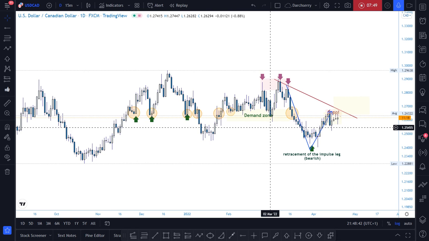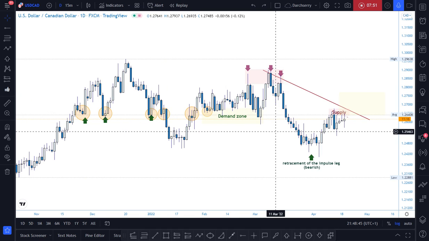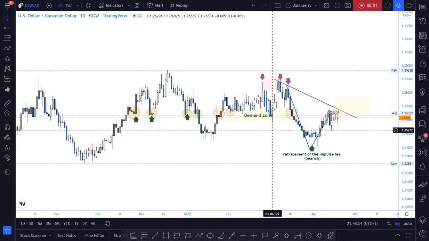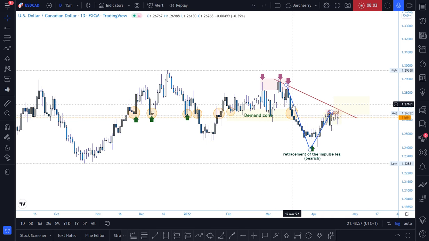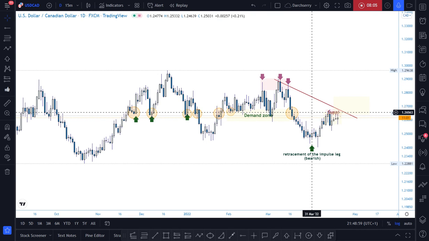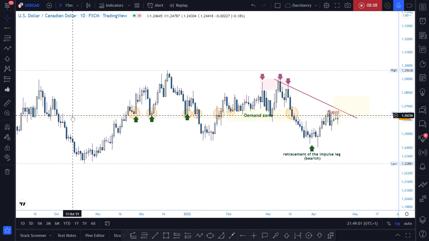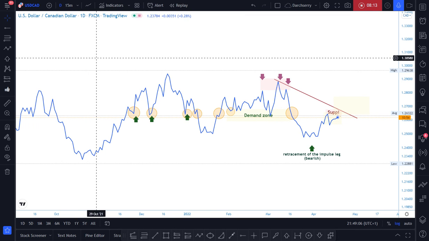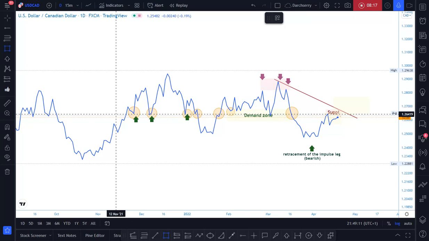Before we do that, I would like to zoom back in. I would like us to identify a key level at this point, and that key level will be well highlighted if we pull out our line chart. Bringing out our line chart, we'll notice that we have a significant key level at the 1.265 area,